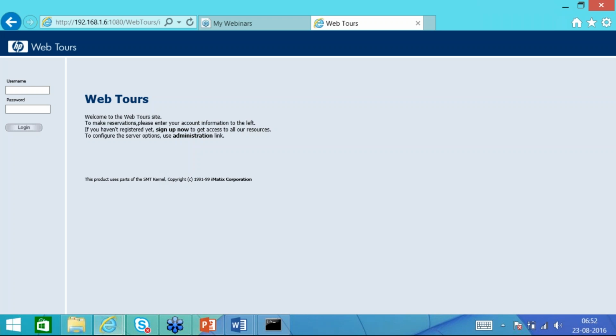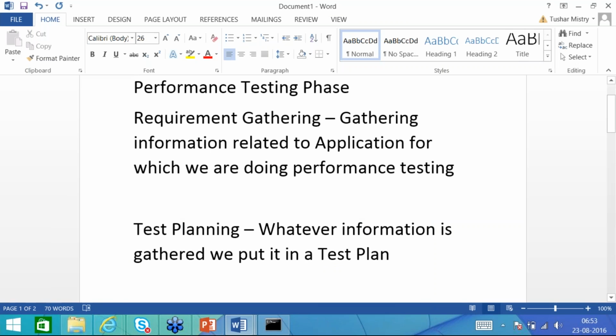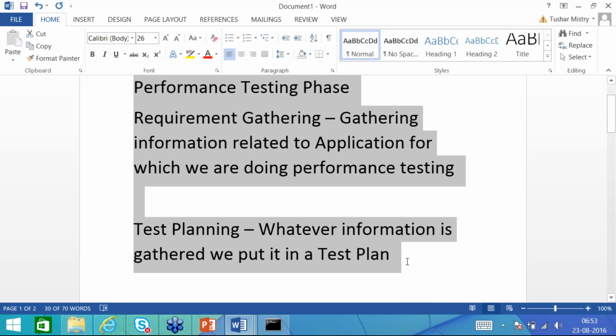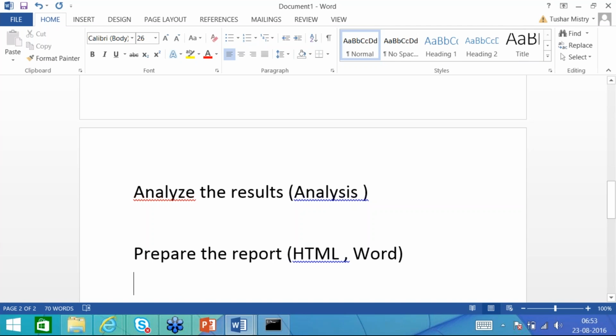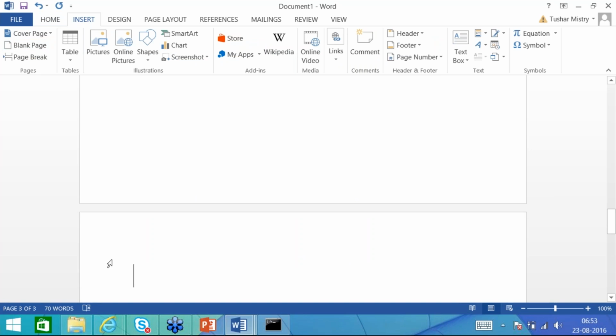Here, this is the WebTools application. We are not knowing anything about this particular application, so first of all we will think about it. I will just note the questions, and then if we have anything, I will go through that particular template.